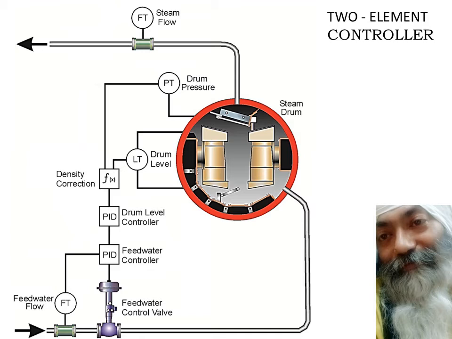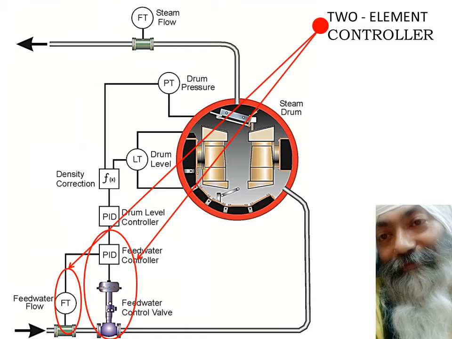So you can see the two elements are, first of all, you have this controller which was there earlier also. This was the one element or single element controller, but along with it you have the secondary control, the cascade control, and that is the second element controller that is going to take care of any changes in feed flow. For some reason it's increasing or decreasing, it's taking care even before it's felt by the level. So this is taken care by the second element.